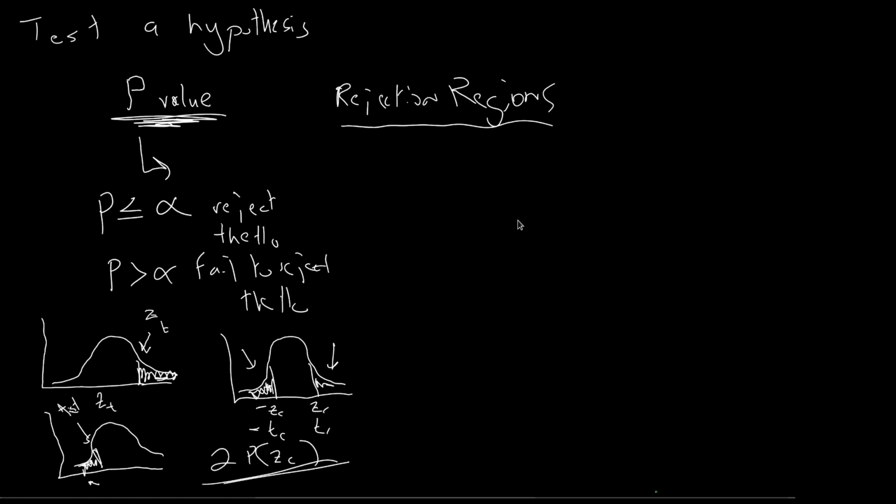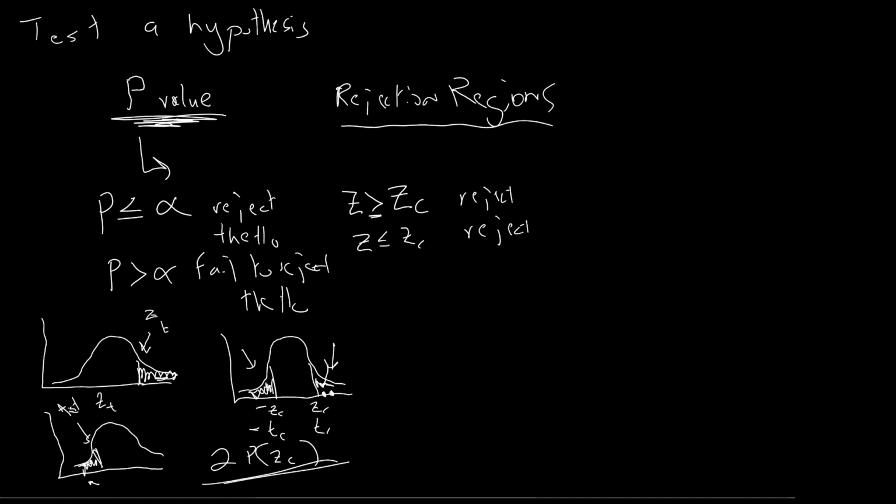How this links us to the rejection regions is interesting: if our Z value or T value falls into this area, then we reject the null. The other thing we can do is take this critical value of Z, and if it's a right-tailed test, if our test value of Z is greater than or equal to that critical value, we reject. If it's a left-tailed test, if it's less than or equal to the critical value, we reject. And if it's a two-tailed test,